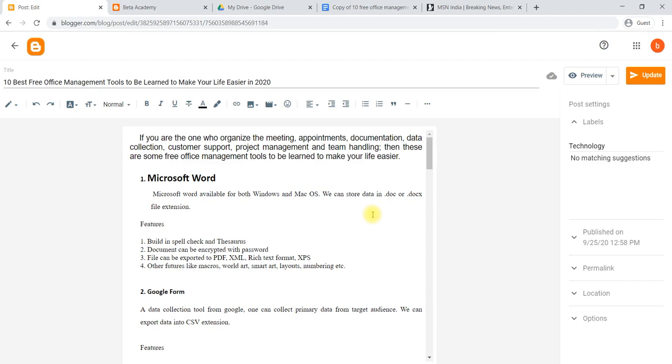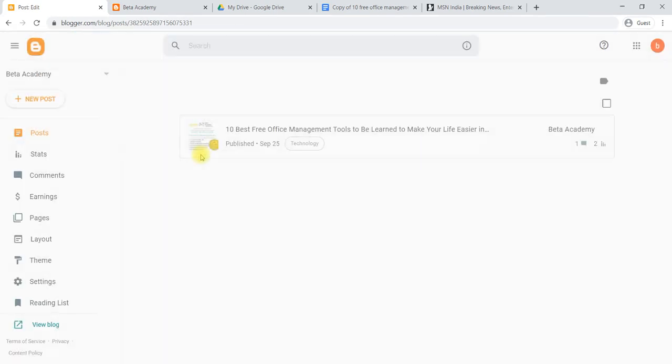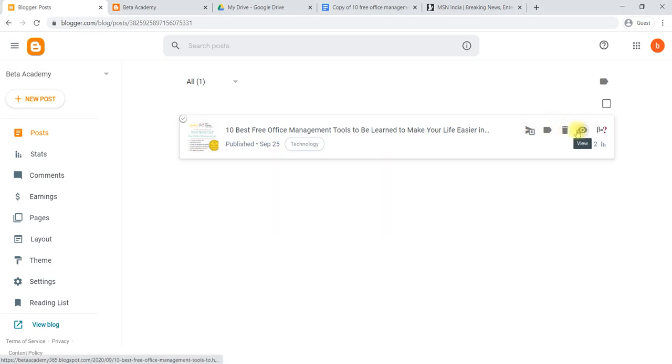Once you have created a post, this is how to manage it. You can delete it, get a preview, or save a draft. You can do post management after creating your content. You can give the labels; all these things you can do once you have created a content.